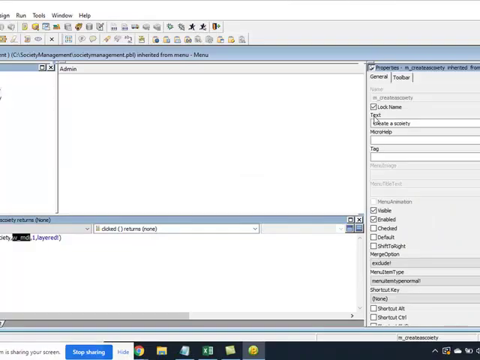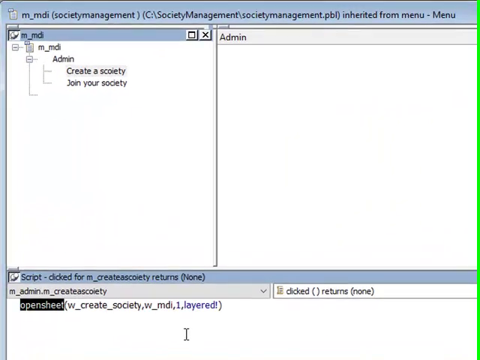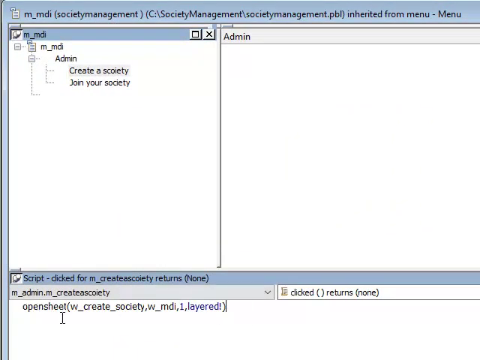If you close that, then all windows are closed, right? So this is the benefit of the open sheet function, and that is the reason you are telling it, hey, open my window as a sheet under this MDI. We will discuss these two parameters later. So we got to know there is one more function, open sheet, to open a window. Okay, so two functions: open and open sheet.